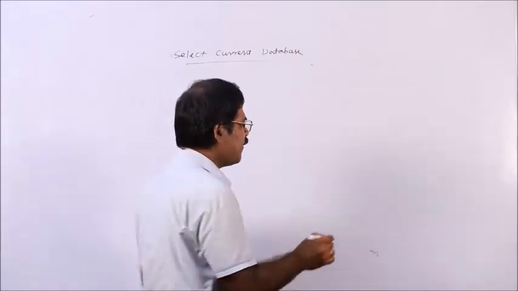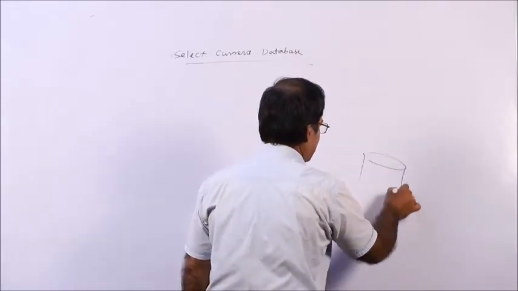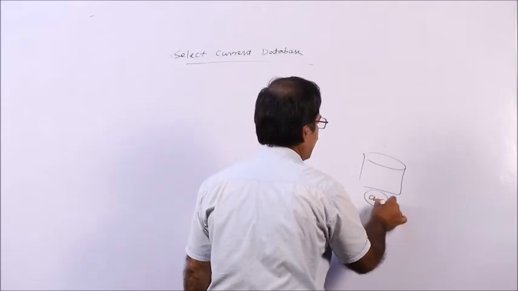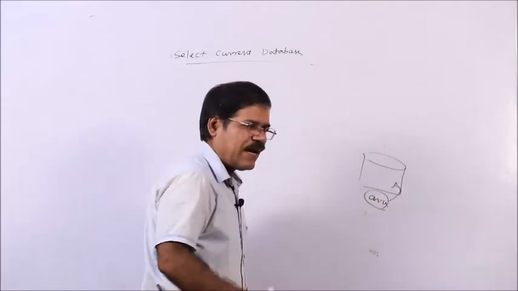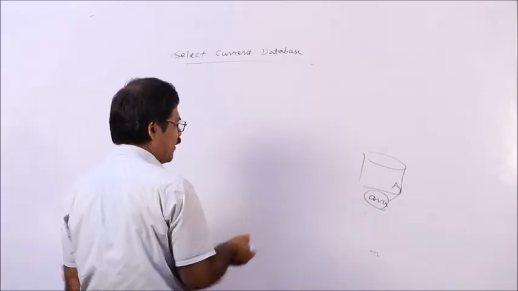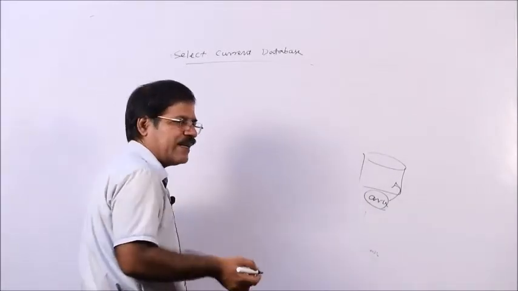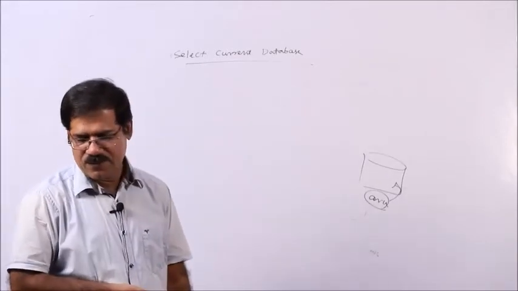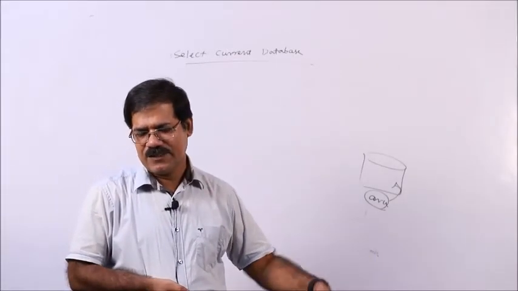So, what database am I creating? The name of the database is Aru. In the name of Aru, one database is created. I want to select it for the use purposes. So, how to select the current database? It is already created in memory. So, you have to select the current database for the use purposes.